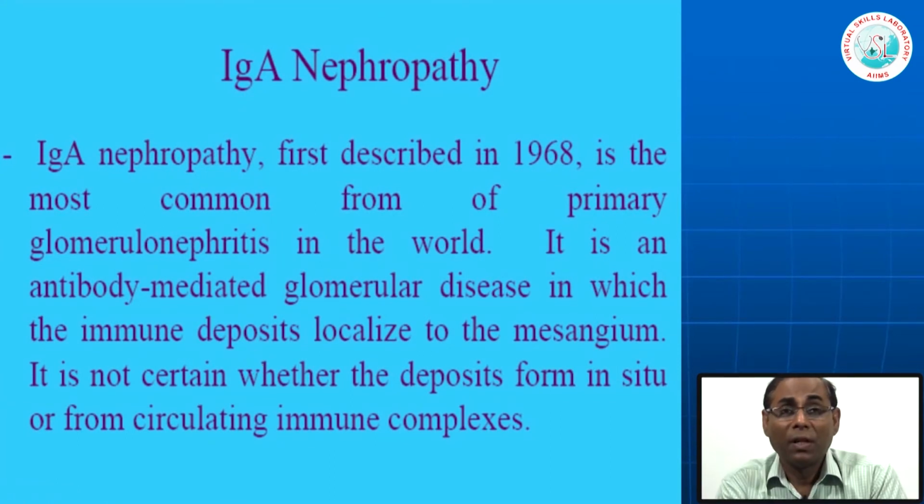After post-infectious, we enter into another immune complex associated glomerulonephritis, which is very important, that is IgA nephropathy. IgA nephropathy was first described in 1968 and is the most common form of primary glomerulonephritis in the world, and it is very important, it is the most common form of primary glomerulonephritis in the world, and it is an antibody mediated glomerular disease in which the immune deposits localize to the mesangium. So, mostly they deposit in the mesangium, and it is not certain whether the deposits form in situ or from